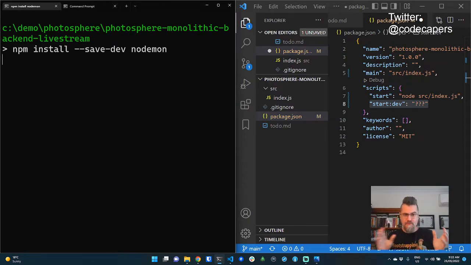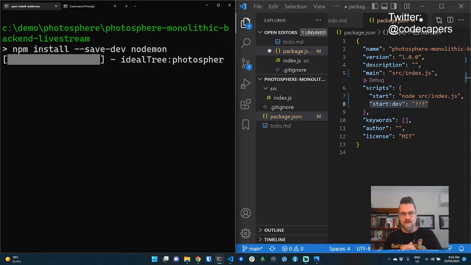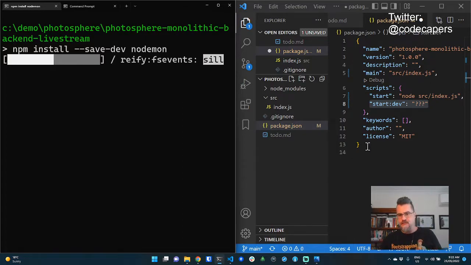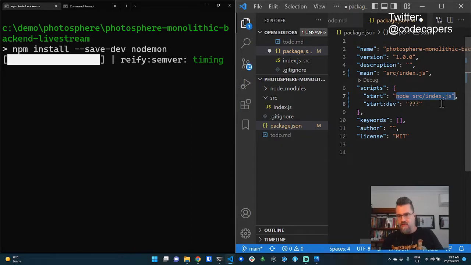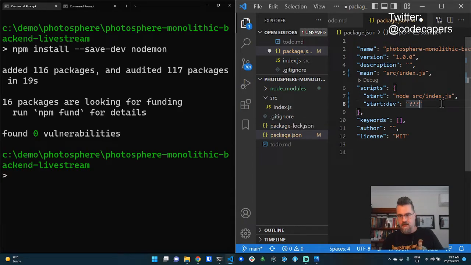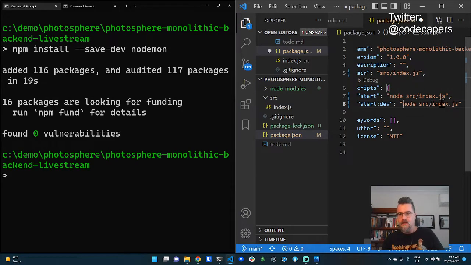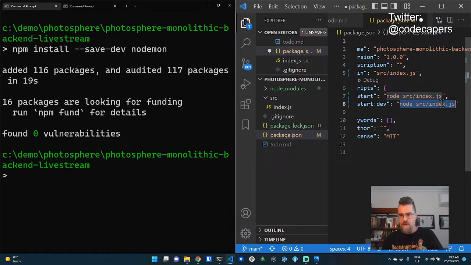Node monitor is basically what it means. So it's like a drop-in replacement for Node, where we can run our script file against it, and whenever our code changes, it's automatically going to restart it. So when I say it's a drop-in replacement for Node.js, I'll add it to the script here. All I need to do from my original command line, node source index.js, is to replace it with nodemon.